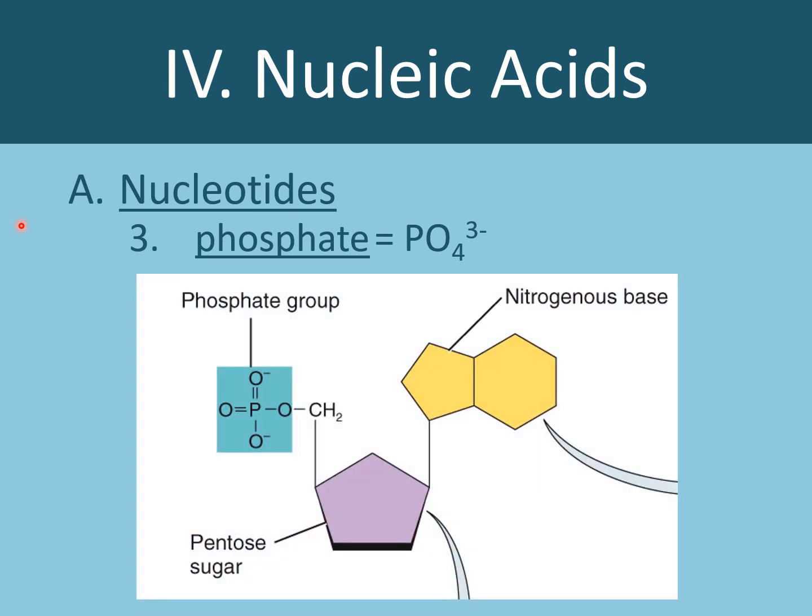This diagram shows a complete nucleotide with all 3 components. In blue is the phosphate group, the phosphorus in the middle and the 4 oxygens surrounding it. In purple is the pentose sugar, and in yellow is a nitrogenous base. The pentose sugar could be either ribose or deoxyribose, and the nitrogenous base could be one of the 5 bases